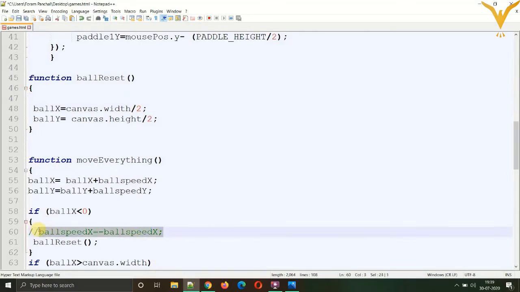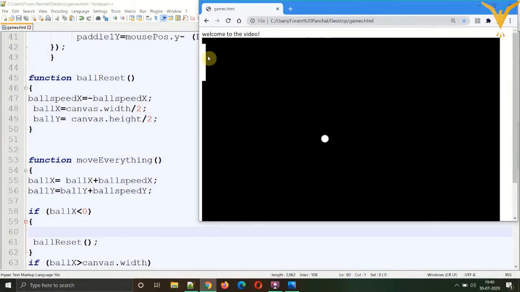The line we commented out over here, let's copy that and paste it over here, and cut the line from the condition. Now let's save and refresh. Now you can see the ball is moving very smoothly. It is not getting stuck in one place. Whenever it touches the left edge, it is resetting itself into the center.